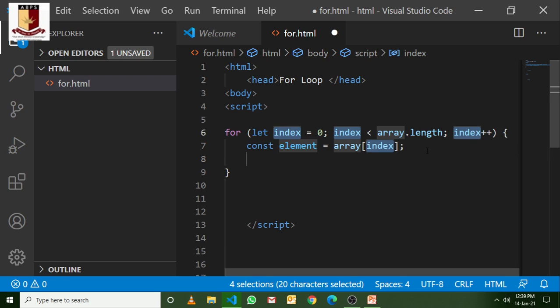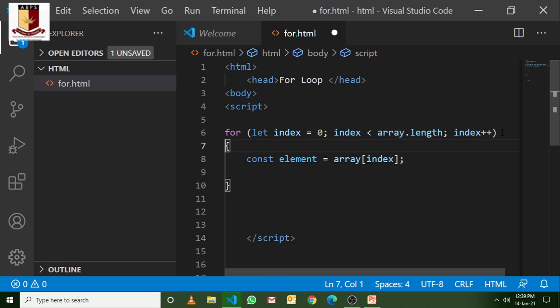That's why every time I recommend that you must use Visual Studio Code. It will suggest how it will work. So this is the initialization and the condition. Suppose here I've taken i equals 0, starting from 0, and I mentioned the i value is less than 5, so up to 5, and i plus plus. So every time the loop repeats, it increases the value of i by 1.